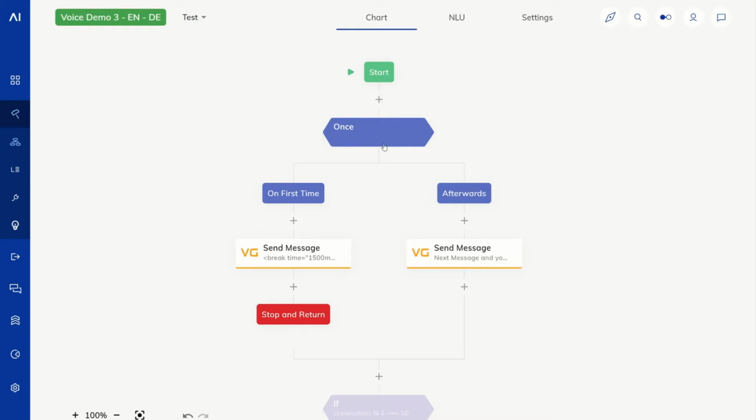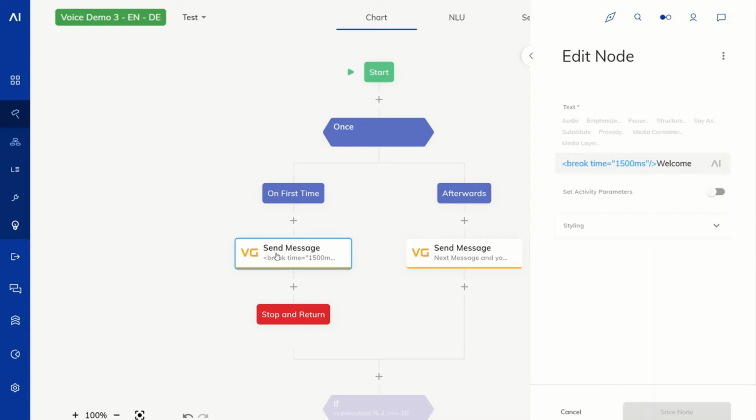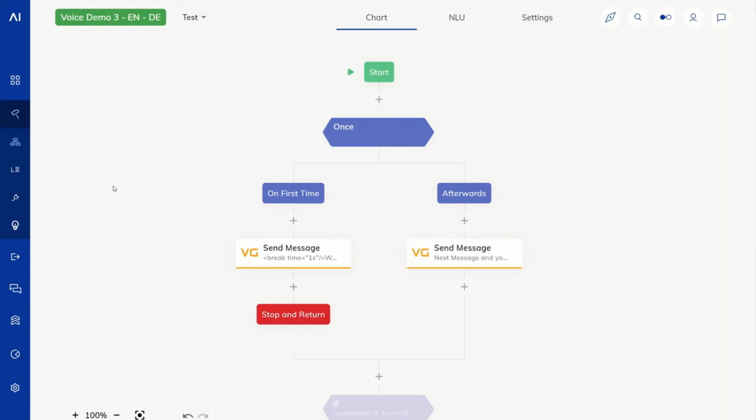Now, we are passing through this once node. And then here we reach the Cognigy Voice Gateway send message node. You can see we have added some SSML. We have an SSML editor up here that lets you in a very easy fashion add this speech synthesis markup language. If we want to put a break in, for example, then we can put that in here. We can just edit the text like this. And then here we have another message, which is next message, and you set text. So presumably when we call it, it's going to say welcome to Cognigy. And then when I answer anything to that, it's just going to mirror that back to me using this message here. So let's try that out.